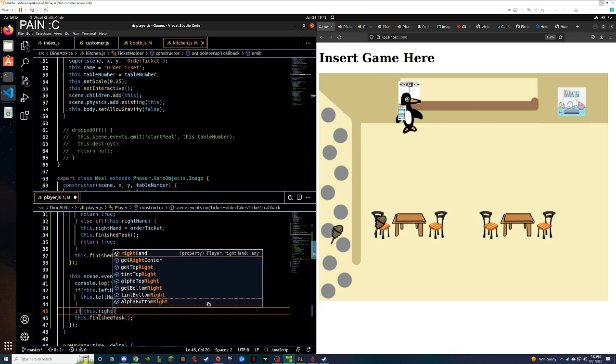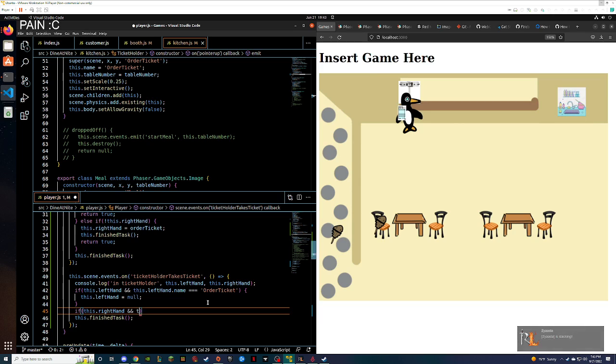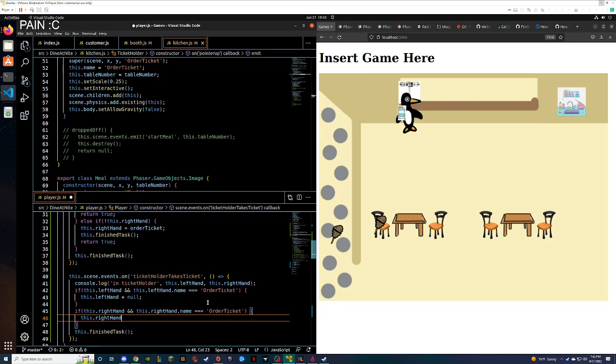This dot right hand and this dot right hand dot name, order ticket, this dot right hand equals null. Now we don't necessarily want to do this part first. It's just something that we know is going to happen.